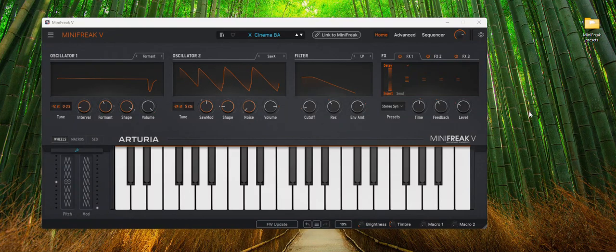Hey everyone, today I'm going to be showing you how to import custom preset sounds that you've downloaded off the internet into your MiniFreak application as well as your MiniFreak synthesizer. So the first thing you're going to want to do is open your MiniFreak V application and import the sound